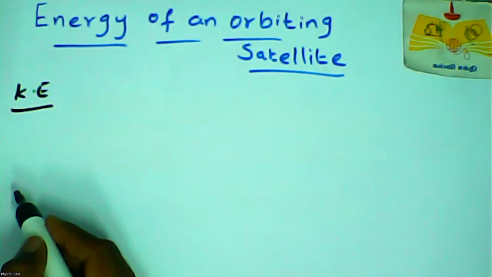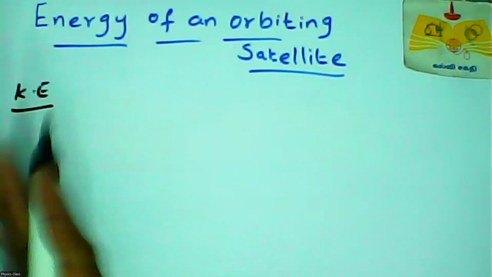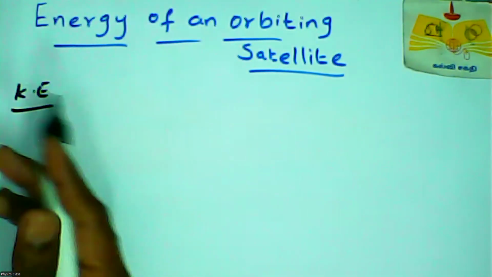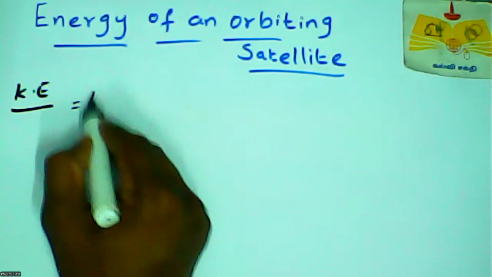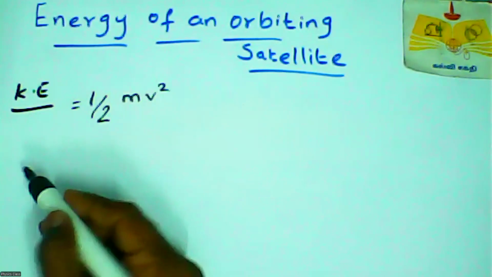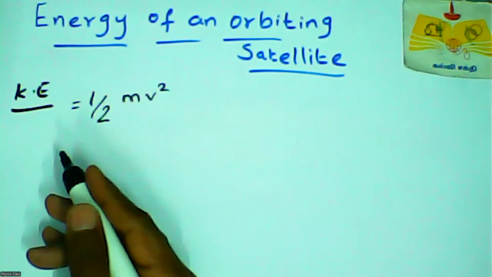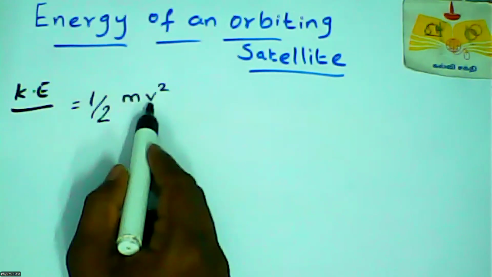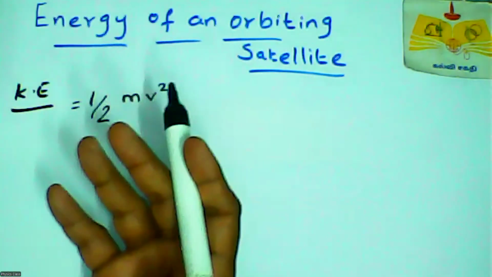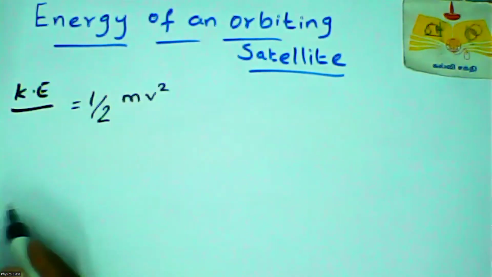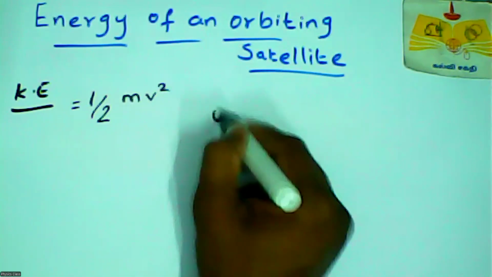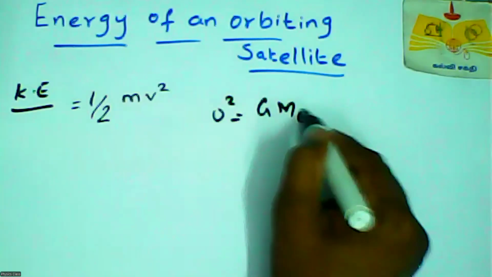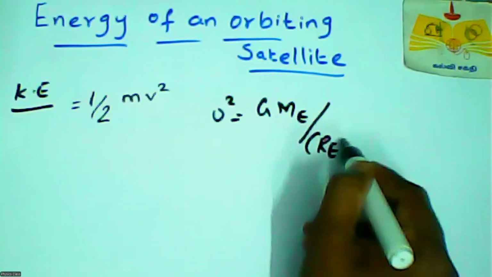First of all, kinetic energy. The satellite is in motion, so it possesses kinetic energy, which is given by the familiar expression 1/2 mv². Already we know that. Here, m is the satellite's mass, and v is the orbital velocity of the satellite. For a circular orbit, we know that the orbital velocity v is equal to